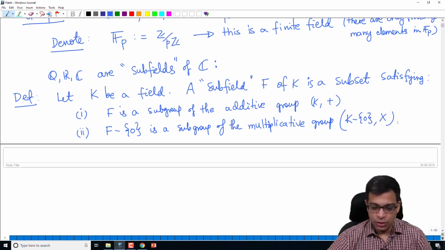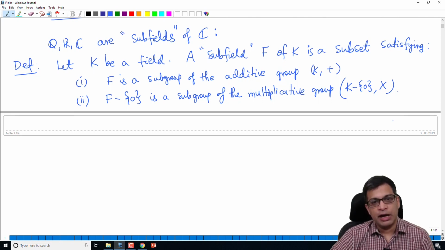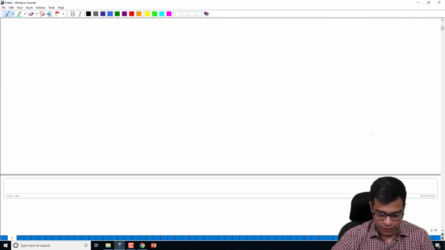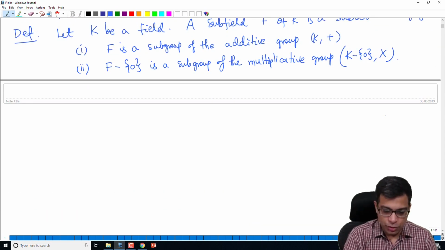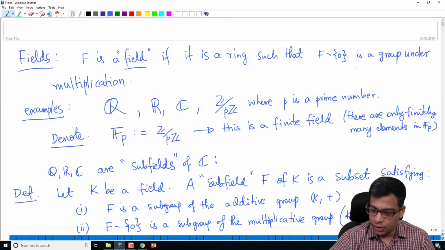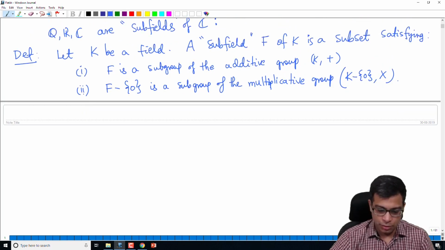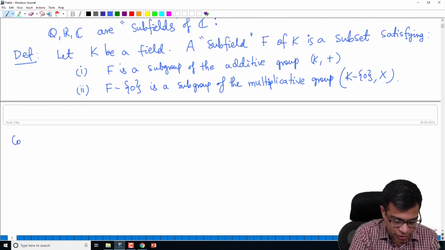Okay, so simple. So it is a subgroup in both senses. It is an additive subgroup as it is, and after removing 0, it is a multiplicative subgroup. Okay, so now let me make some convention here. So the convention is, or rather we will always assume,